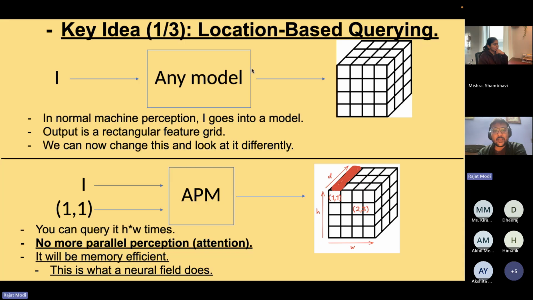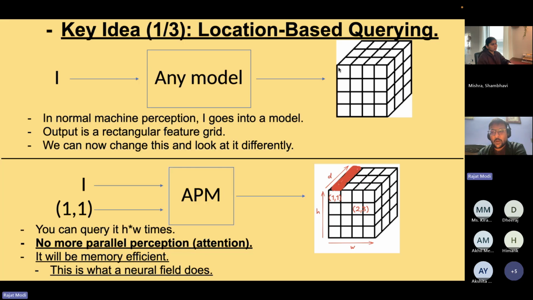And at the end of your model, you finally get this cuboid. So you can look at this representation as a cuboid. Now it does not matter what your model is. If you can directly learn a mapping from input to the final layer cuboid, that's all you need. If you can get from the image to this cuboid very fast, then it doesn't matter what this model is because you only use the features of the last layer to do any downstream task.